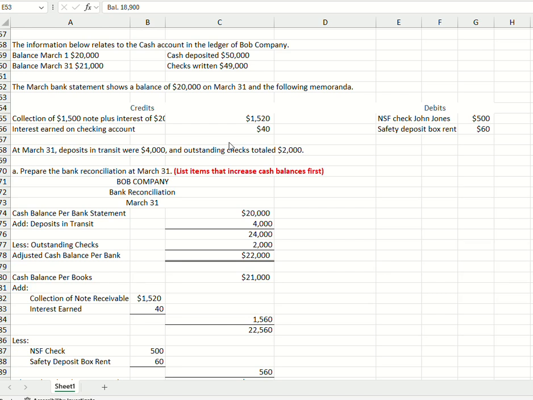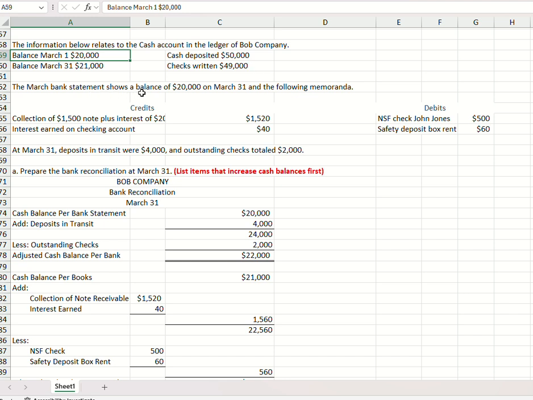Example that we have, we're going to do a reconciliation of Bob's company. We get information on his cash account that says that the balance at March 1st was $20,000. The balance at the end of March was 21,000. He got cash deposited of 50,000 and checks that he wrote of